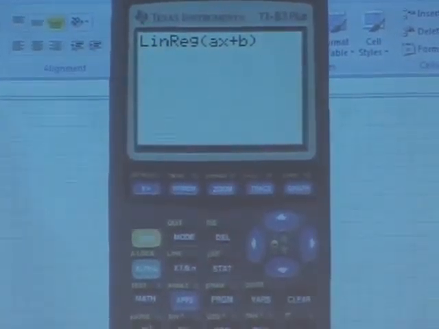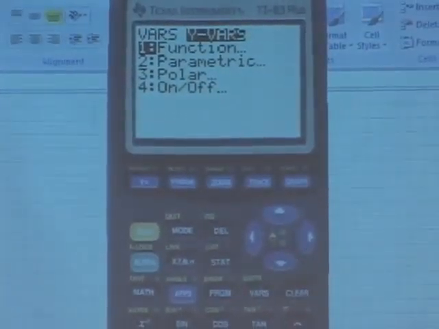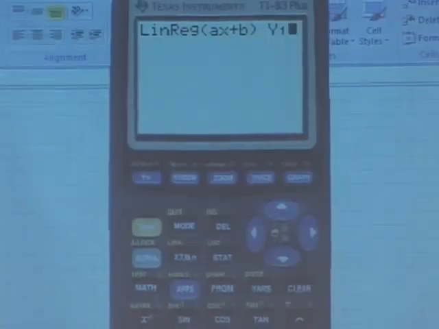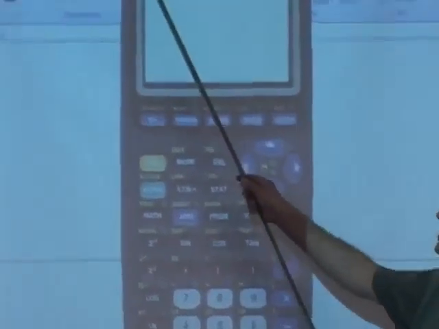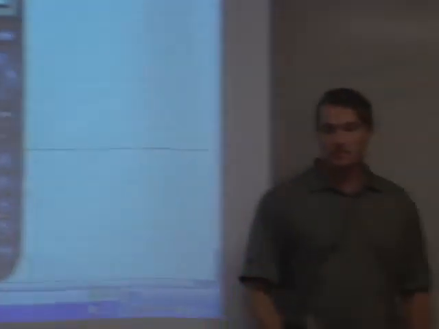And where do I want to put it? Variables over to y variables, function y1. So that, maybe I should go slower. You should have the stat over to calculate to get the linear regression, then hit variables, go over to y variables, choose function y1. Running this thing